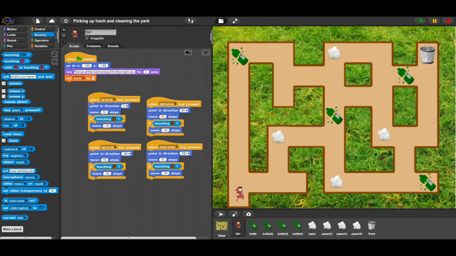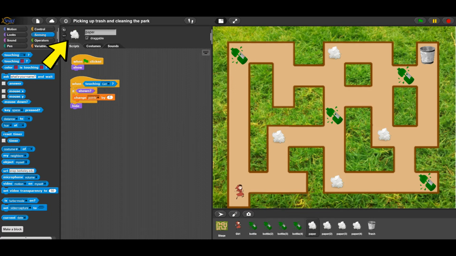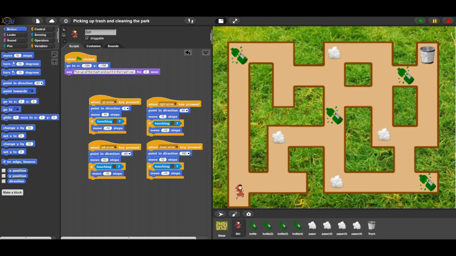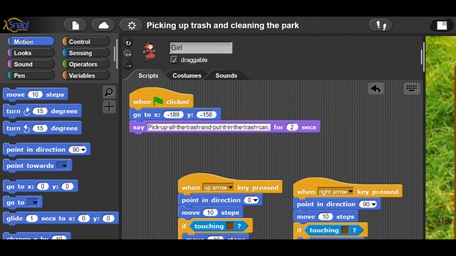The following elements are initially given to the students: background and the girl sprite with the movement code, bottle sprite, paper sprite, and trash can sprite. The players have to set the starting coordinates for the girl with the go to X, Y block. The coordinates are chosen on their own. It's only important they are on the path. They also add some instructions. For example,